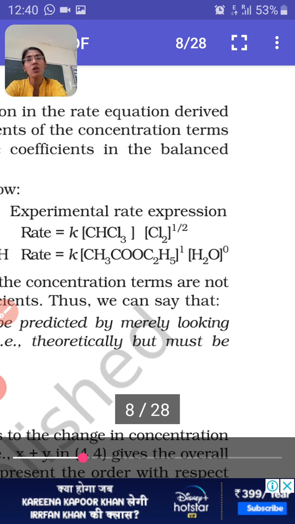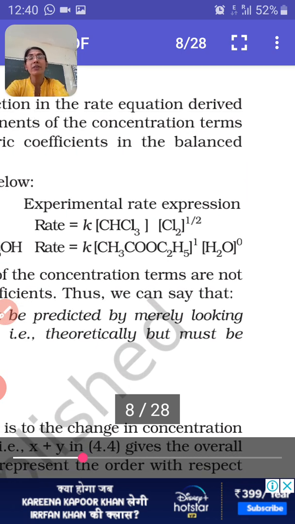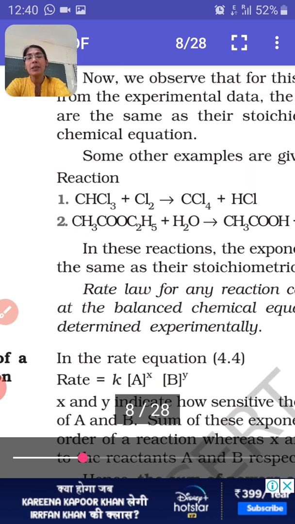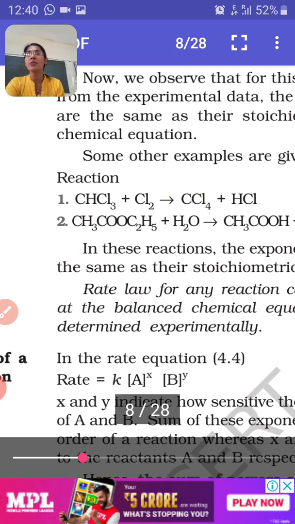But in the case of water, the order of reaction has become 0, and order of reaction becomes 0 means the rate of reaction does not depend upon the concentration of water. So in this case, we can say that the rate of reaction is independent of the concentration of water. And when does it happen? It always happens when one of the reactants is in plenty, is in excess. Right children? So in any reaction, if one of the 2 or 3 reactants is in excess, the reactant will not be seen in the rate law, or it will not affect the rate of reaction.